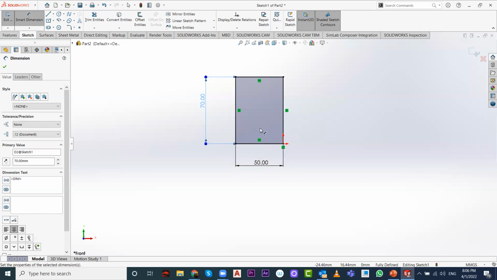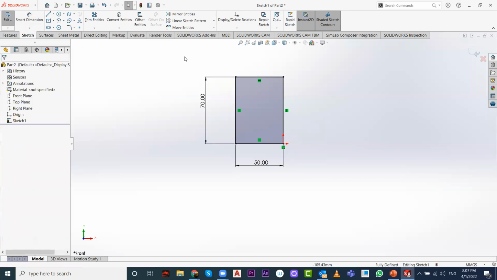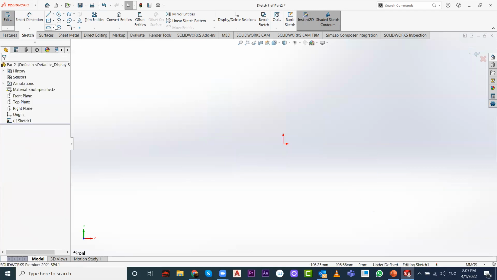Everything you do in the sketch interface should be fully defined to this origin point. This is to avoid any further mistakes or problems while you are editing any later features. This is very important. So if you want to draw something like this rectangle here, we can activate